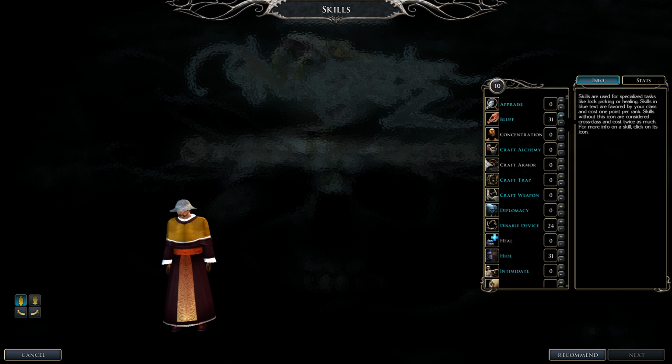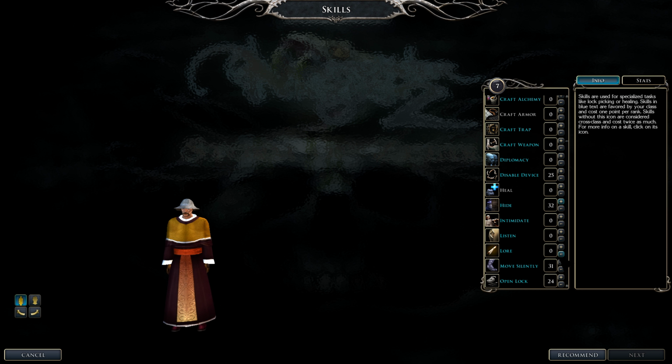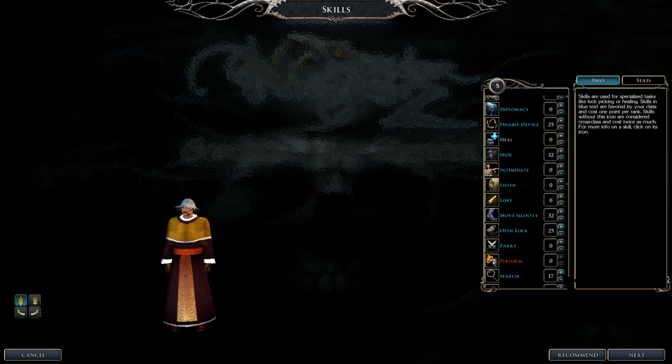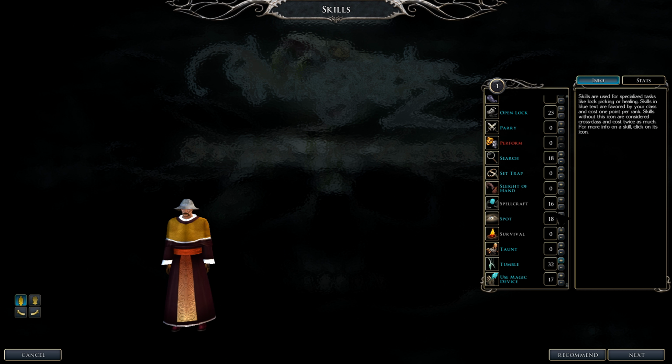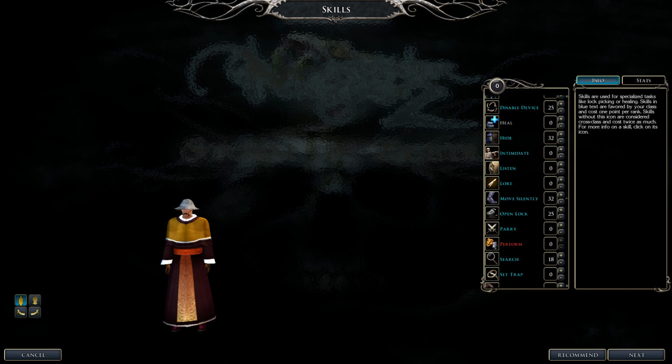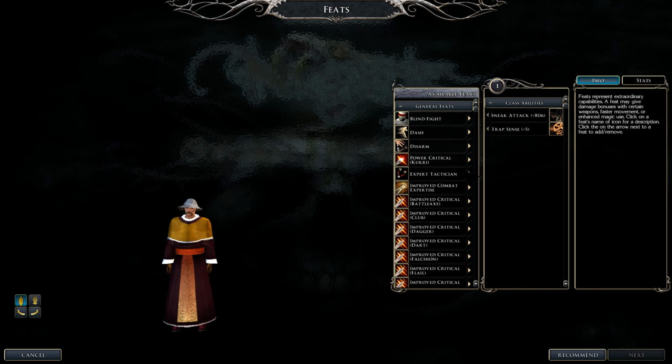Let's go ahead and do bluff. Again, disable devices, hide, move silently, open locks. This is just a review. Search and spot, spellcraft, use magical devices, and definitely tumble. We're just going to max out tumble just in case our dex mod really kicks it up there. And plus, if we get any of the tumble items, we get another free armor class. Yeah, we're going to try to squeeze that in as much as possible. And by the way, the Invisible Blade Intelligence mod, if you decide not to use any cloth, yeah, that does